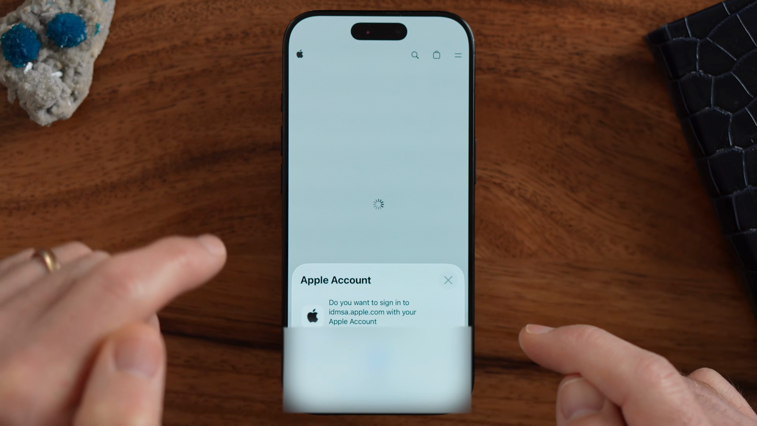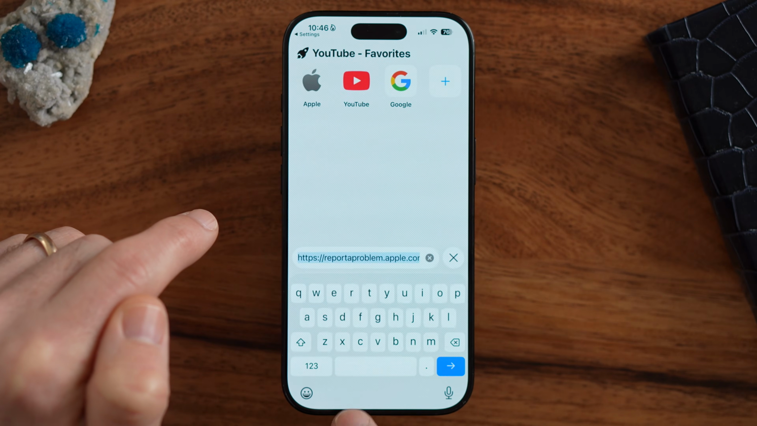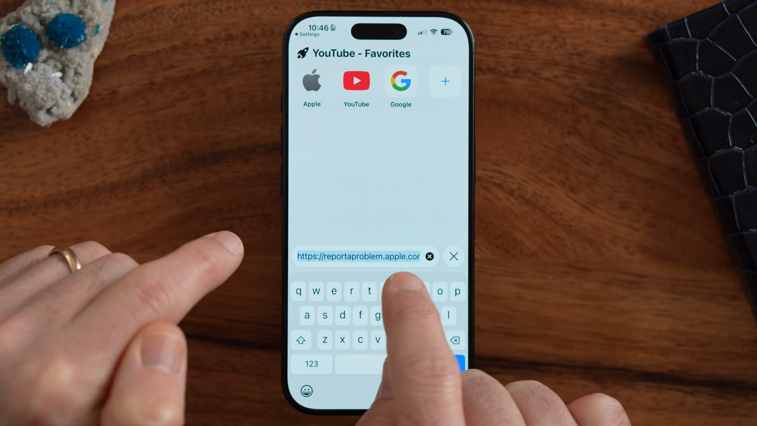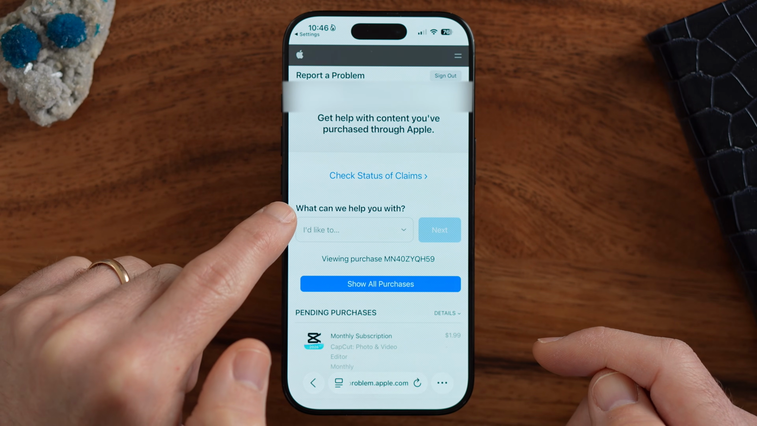Let me enter my face. reportaproblem.apple.com. So if this doesn't work or you don't see that button, just go directly to that website and follow these steps. After you've done that, you can see at the very top, it says, what can we help you